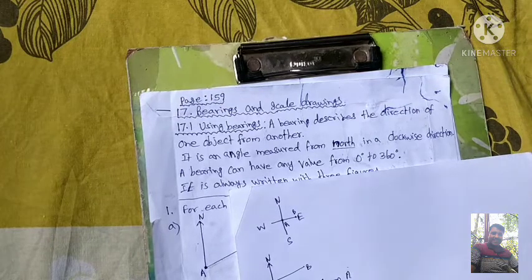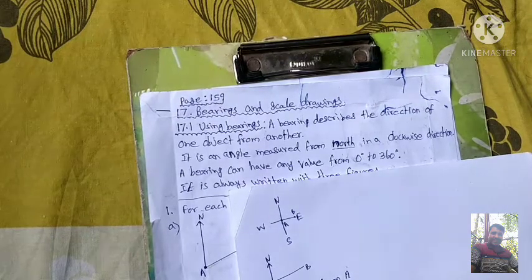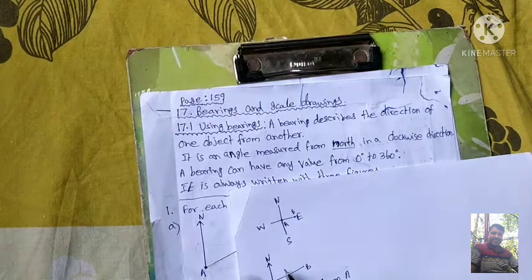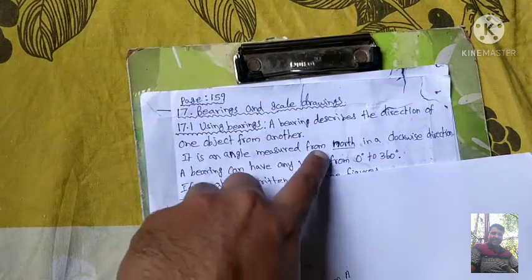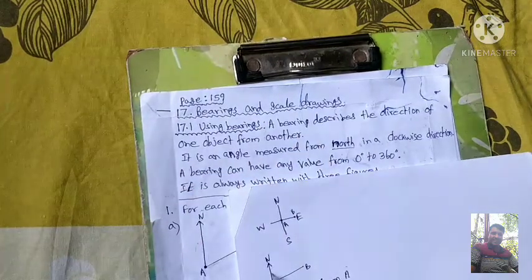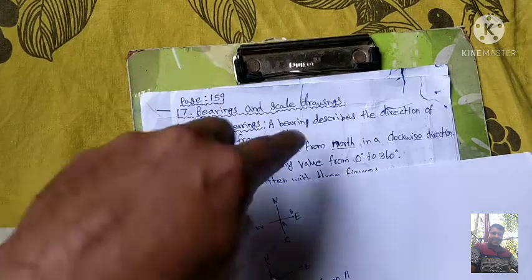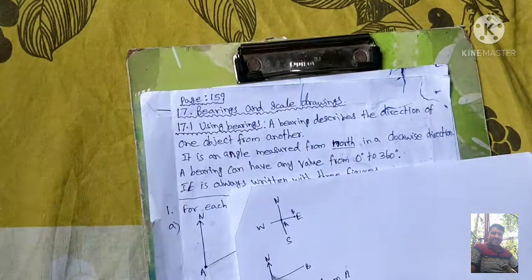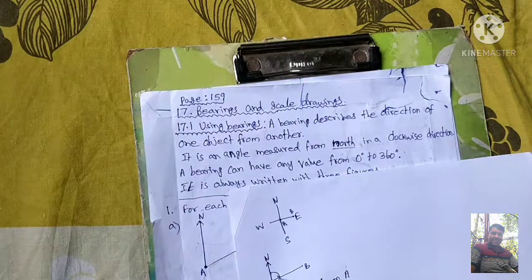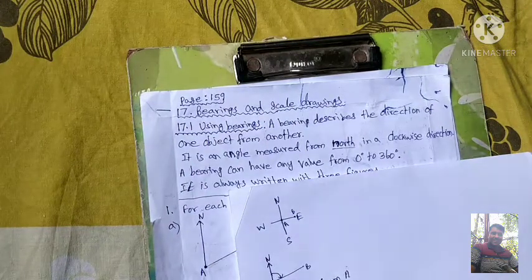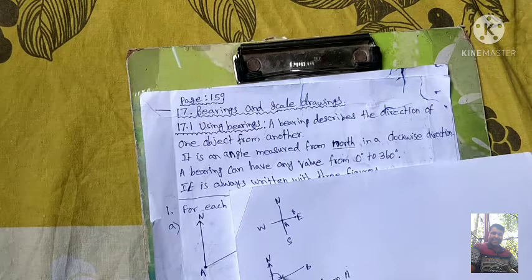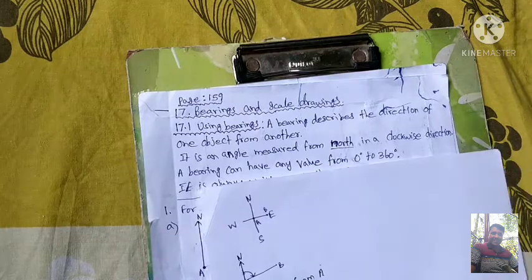So which angle are we going to measure? From A we are going to start. This is A, and always it is an angle measured from north. So we have to start from the north side. This is the north side of A. So we are going to start from here, and in a clockwise direction, not the anti-clockwise direction. So we are going to measure this angle. Always we start from the north side of the object, and we calculate in the clockwise direction. Okay, so this is the main important thing you have to know.